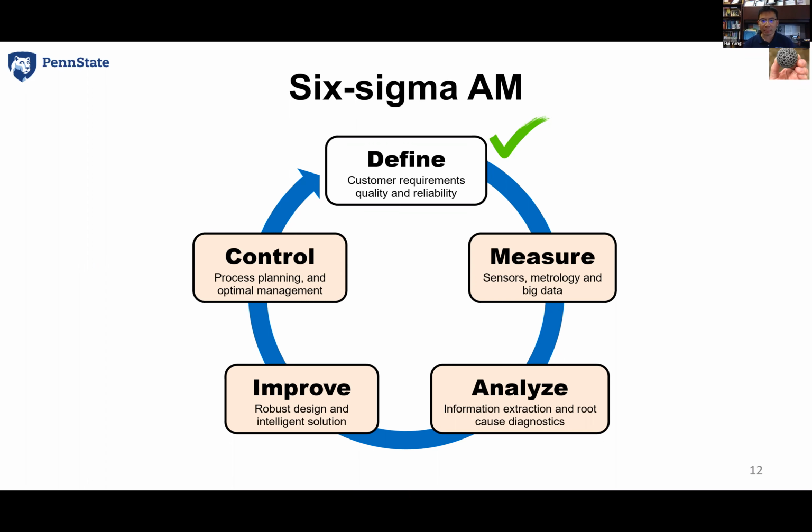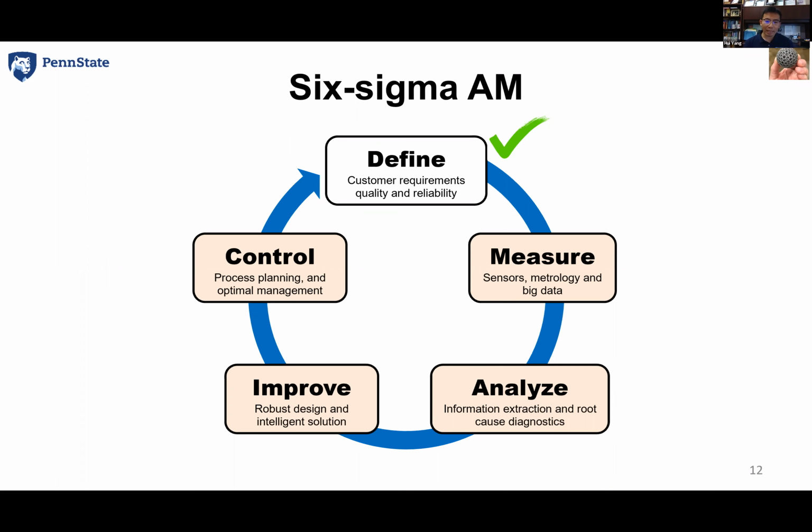So let's follow the 6 Sigma AM. First, we define the quality challenge and also the customer requirements. So for example, FAA application, which will be different from a traditional consumer application. And the measurement, how do we measure? If we define the challenge, how do we get the data? What kind of sensors and what kind of metrology measurements should we make? Now, if we get data, how do we analyze the data to extract useful information? So we call this DMAIC.